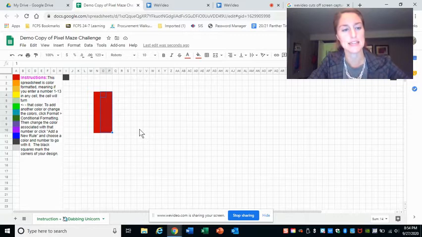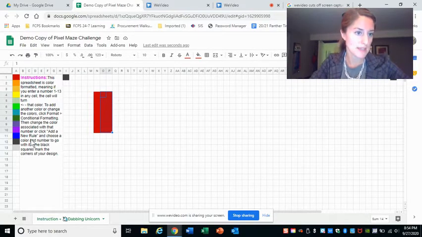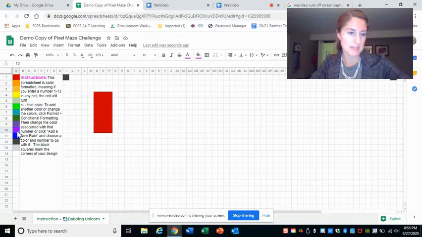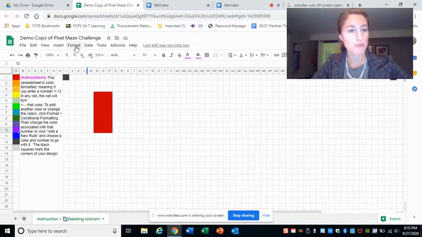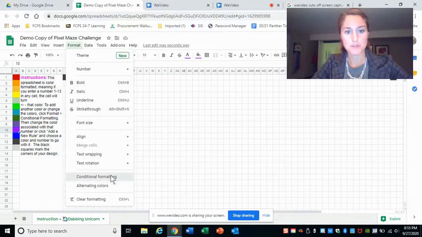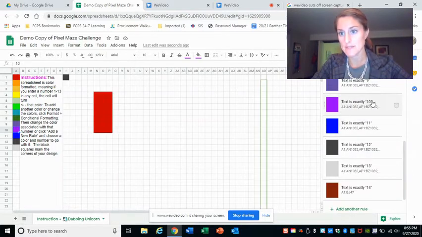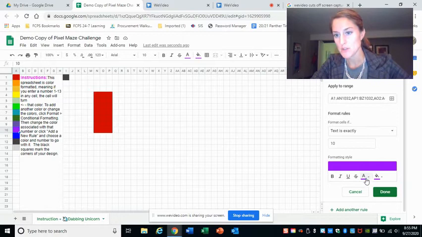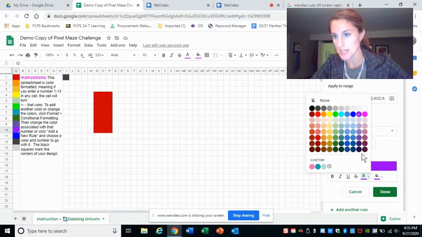Okay, so the second thing is if you want to change one of these colors. Say you don't want this lovely purple that is a number 10. To change that, go into your Format, Conditional Formatting, and see where we have 10. Don't hit the trash can, don't delete it, but now we're going to edit it. So click on it. Notice both the text for 10 and the fill for 10 are this purple. If you don't want purple, change it to, say you're a fan of,